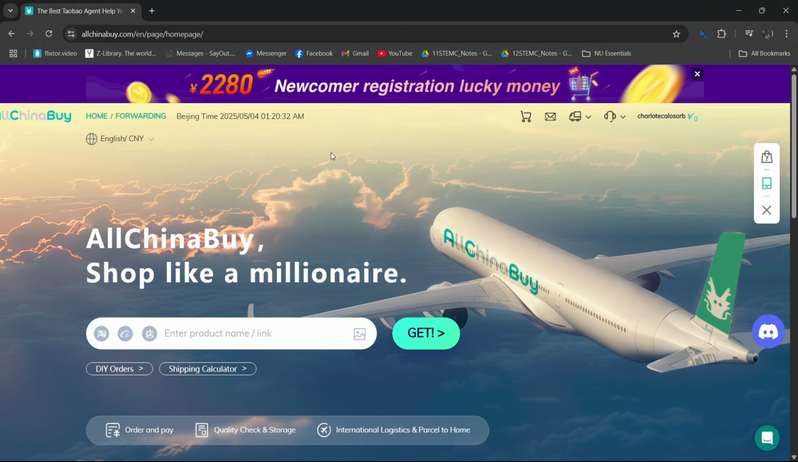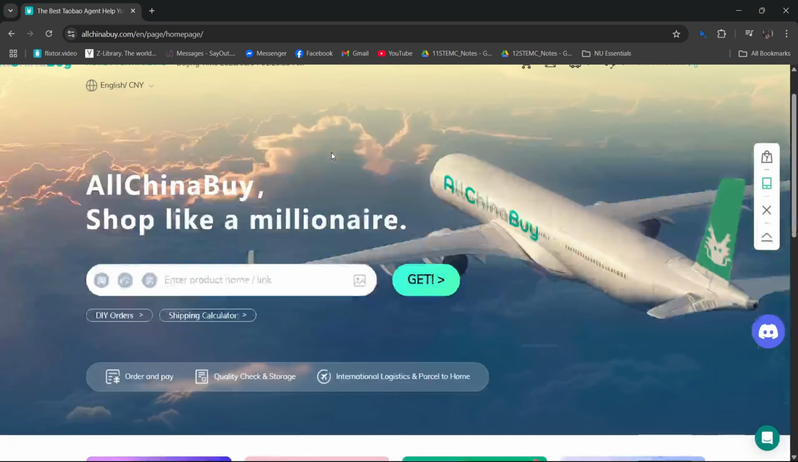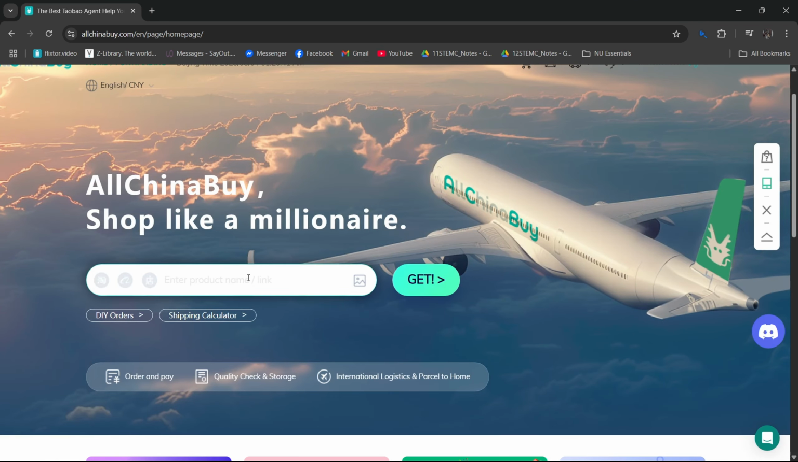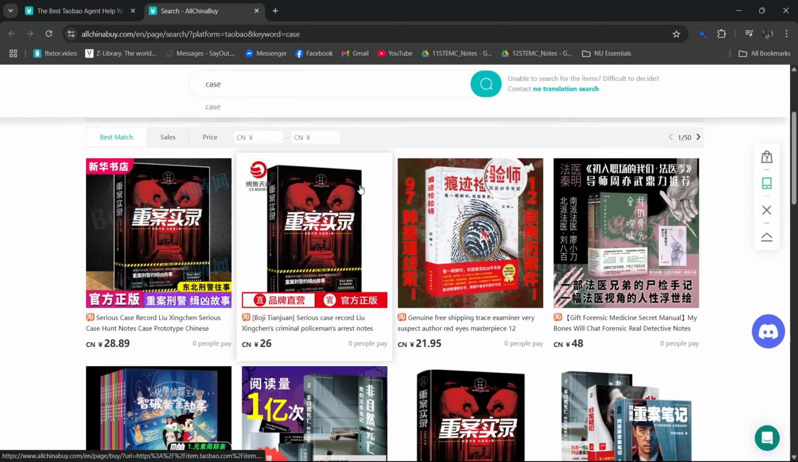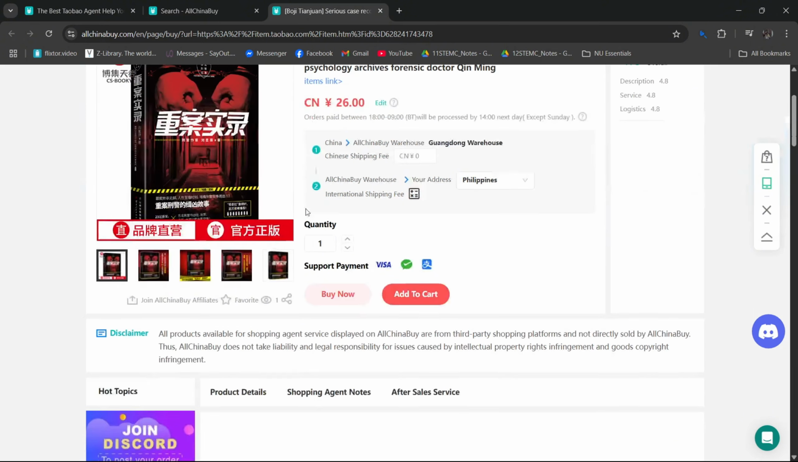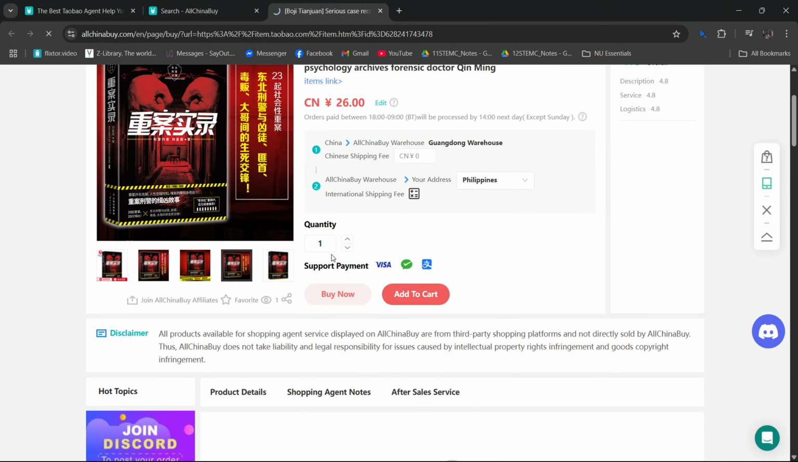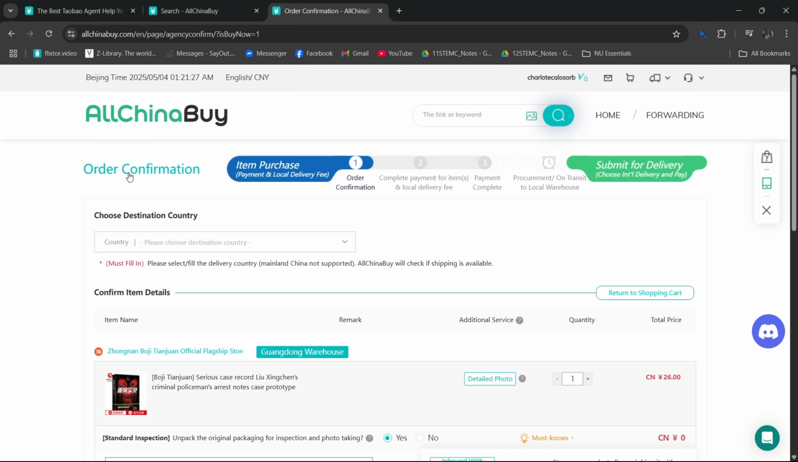You have to sign in if you have an existing account, but if you don't have one, just register by clicking sign up. After that, you are going to enter a product name or link right here. For example, you need to pick a specific item that you want to check out. After that, you need to click on Buy Now and you will be redirected to this page, which is